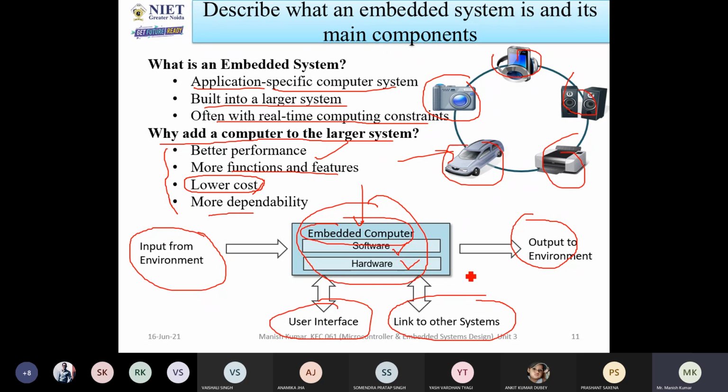Sometimes what will be required, let's say for example, I am talking about airbags, correct? So there is a vehicle, the car. In the car, you are going to install the airbag systems. And also there are several other systems available, like the car parking system. Cameras are there. There are various sensors. Pressure sensors are there, with the help of which you can find out the pressure of tires. Okay, so several sensors and several systems are there, and then all the systems will be combined in one place. That's why linking to the other system will be required.